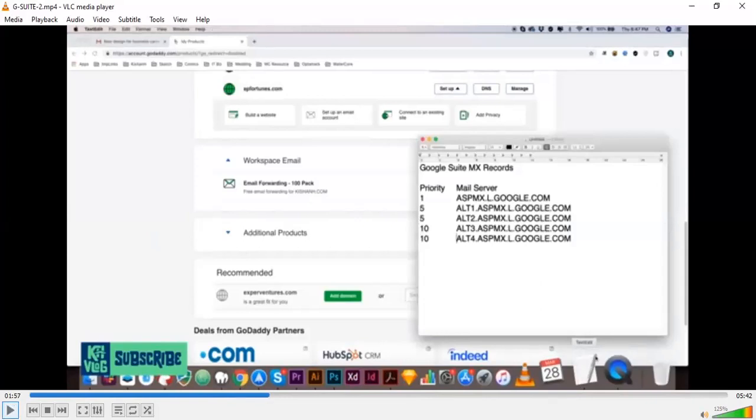Okay, these are the MX records, Google Suite MX records. This is something you are going to need. It will be more useful when you learn cloud computing. Okay, in cloud computing, until you set the MX record, that particular virtual machine (VM) is not workable. You have to set the MX record of the client, then only for the client will the cloud computing services, that might be software, infrastructure or platform, that is software as a service, infrastructure as a service or platform as a service, be available against those MX records only.